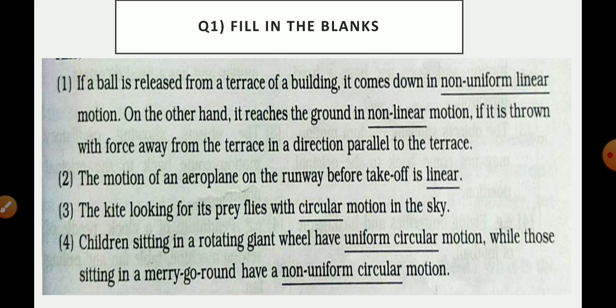Is it? The kite looking for its prey flies with circular motion in the sky. Fourth one, children sitting in a rotating giant wheel have uniform circular motion, while those sitting in a merry-go-round have non-uniform. Giant wheel, how does it rotate? In uniform circular motion. And